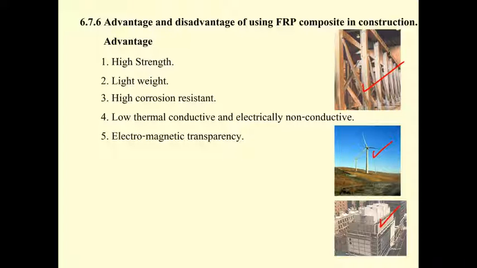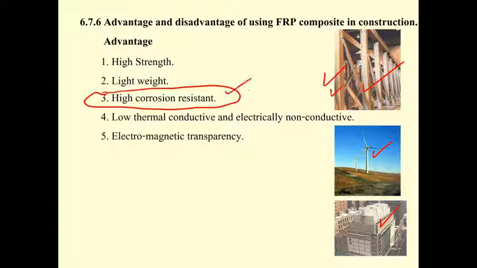Sometimes you can fabricate it in the factory, ship it by helicopter, and then assemble it over there. That's going to be very easy, and it has very high corrosion resistance. That means in the mountainous area or the sea area,